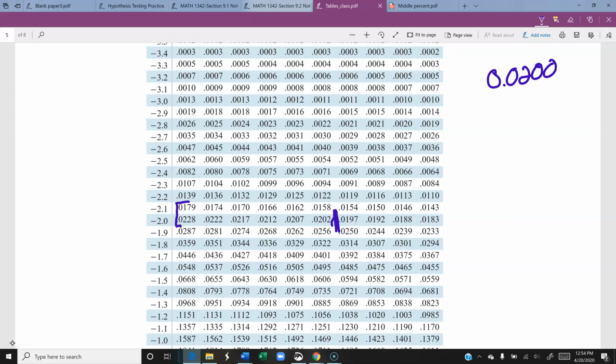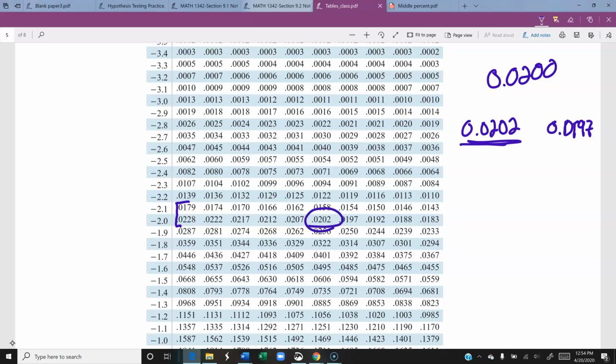When it's between two values, you want to go to the one that it's closest to. So we have 0.0202, which would be 2 points away, or we have a 0.0197, which would be 3 points away. So I go to the 0.0202,